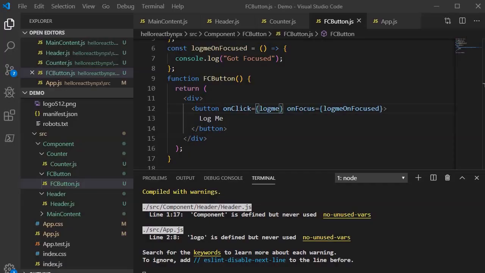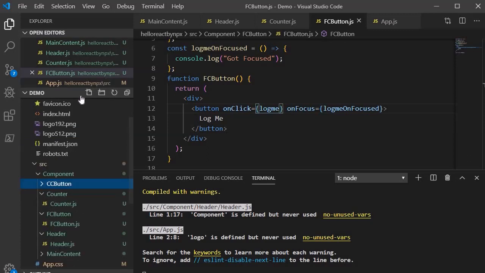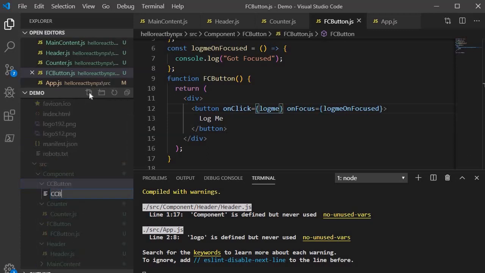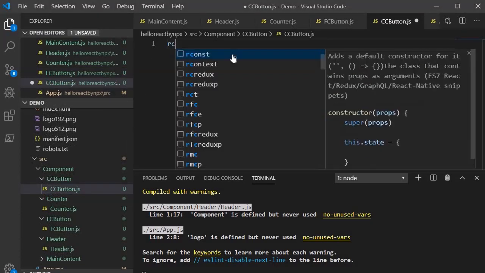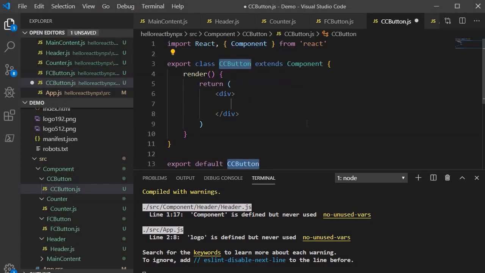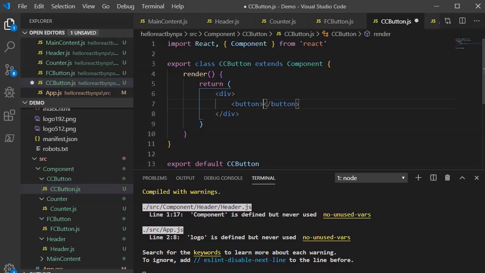Let's proceed further. Now we have seen functional component event handling. Let's look into class component event handling. To do that, I am going to create a class component called cc button, and within that a file called cc-button.js. Save it, and here we need to specify RCE so that it generates the boilerplate code with the help of the snippet. On the same note, we are going to write the button and specify logMe again, and here we need to